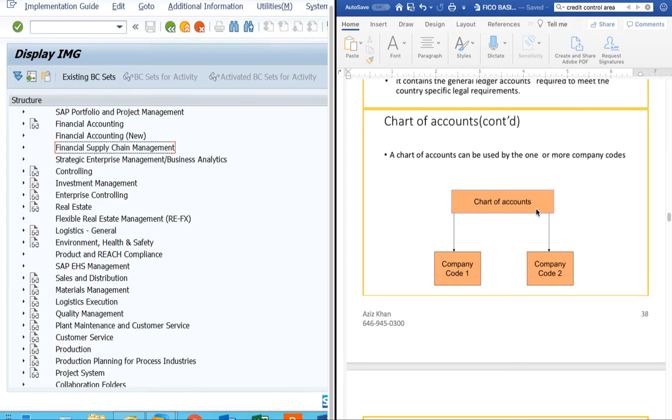A chart of account can be used by one or more company codes. Let's say you have a company in United States, you have a